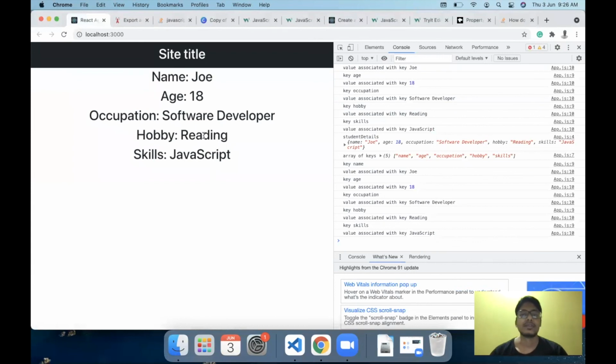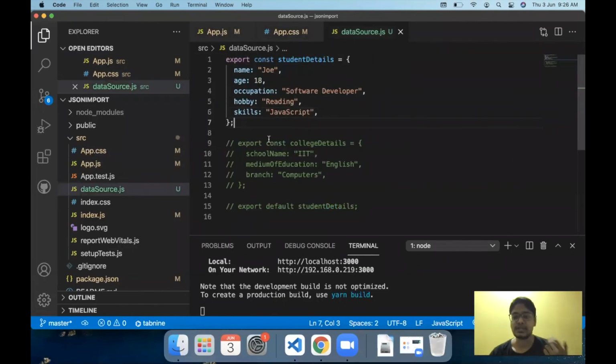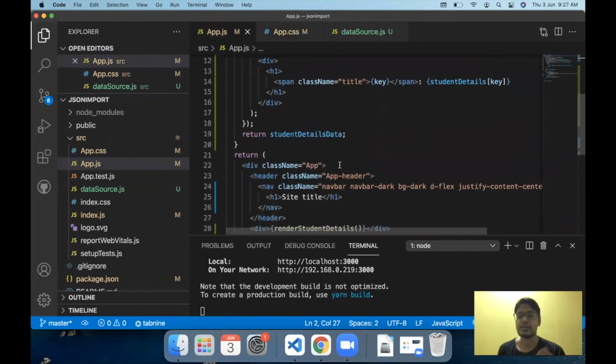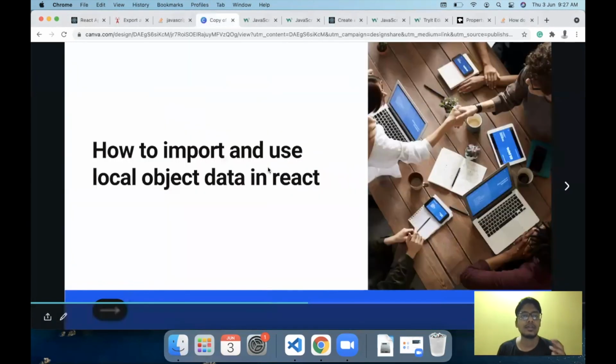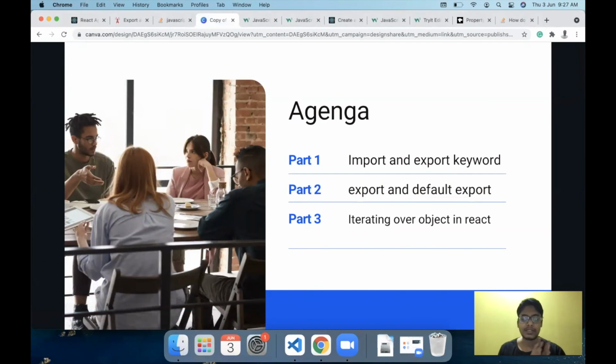So that was basically what I wanted to cover, like how to export some values using local files like this, using the JS file. You can export objects like this. You can import those objects using either the import keyword like this or using export default and import without bracket notation. And then you can iterate over that JSON object like this. And that covers the entire session today, which was how to import a local JSON object and how to use that data from the local JSON object in React. I hope the title makes much more sense now. And we are done with all the 3 parts of our lecture for today.